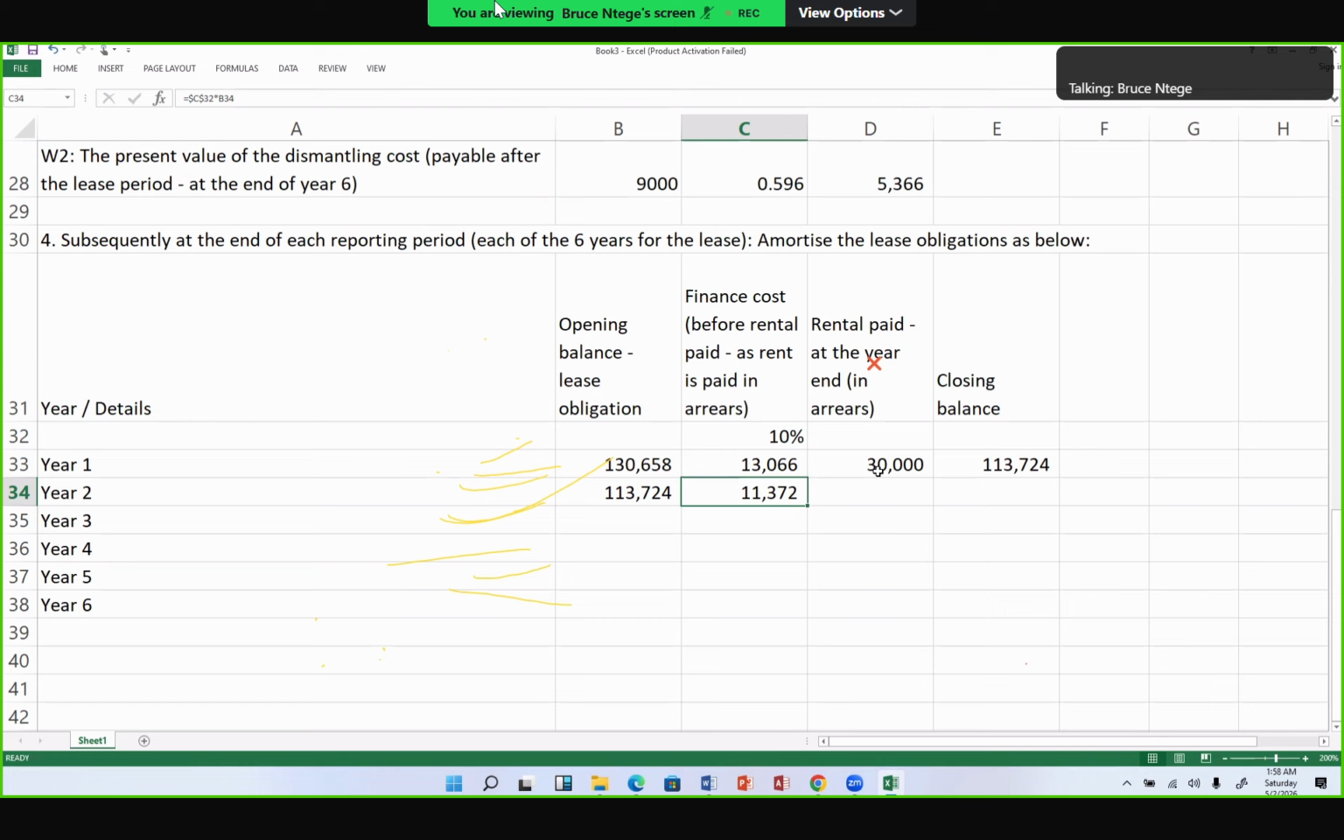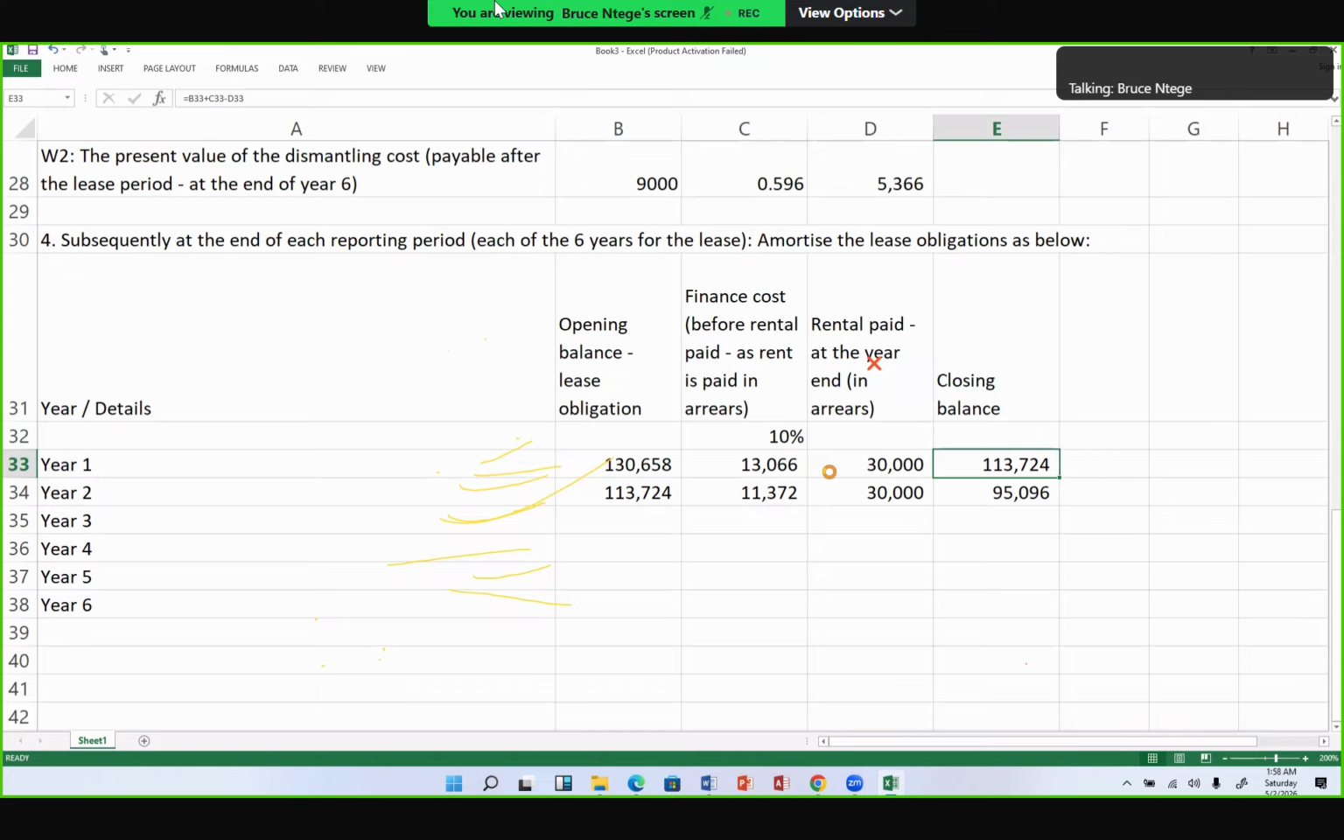rent of 30,000, my rent continues to be 30,000. The liability will close at end of year 2 with 95,096. That will be the non-current liability. Then if I come back to look at it in context of year 1, since I'm using payment in rent